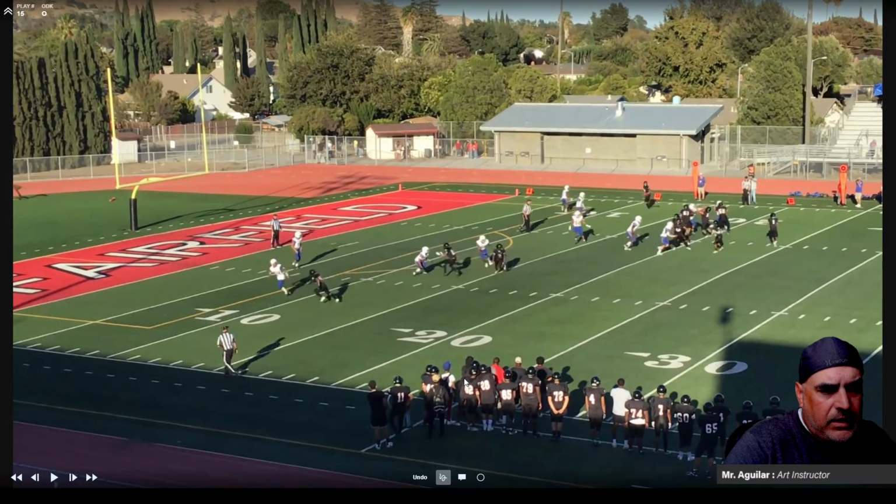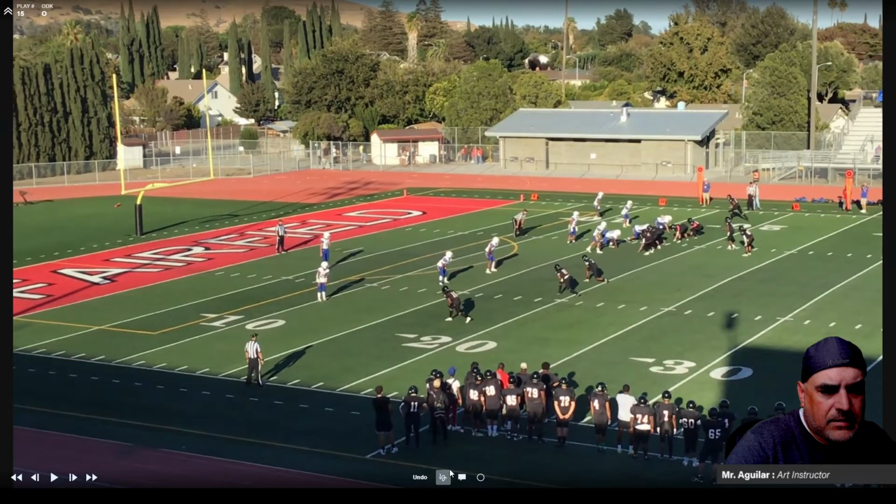You know, we sky this, you're going to have flats. You'd have flats. You're going to be here. You're going to be here. They have their safety over extra, but our safety is going to be back here. So we have all of this covered. So when you get that route, you're going to get that sit route right there. You have that deep route fade.